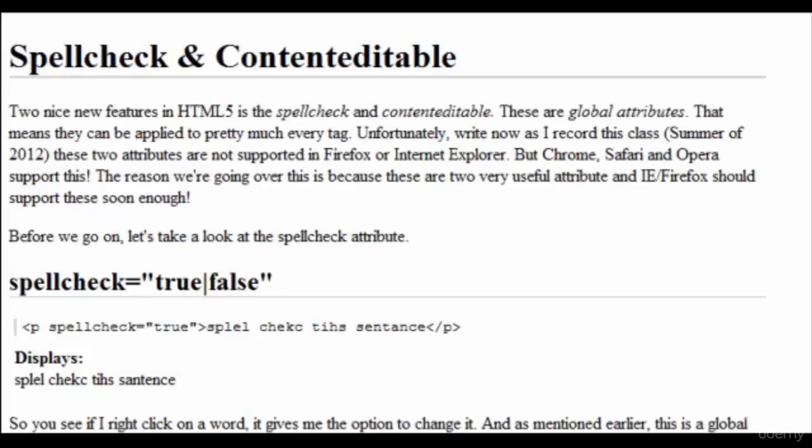Spell check and content editable. Two nice features in HTML5 are spell check and content editable. These are global attributes. That means they can be applied to pretty much every tag. Unfortunately, right now as I record this class, in the summer of 2012, these two attributes are not fully supported